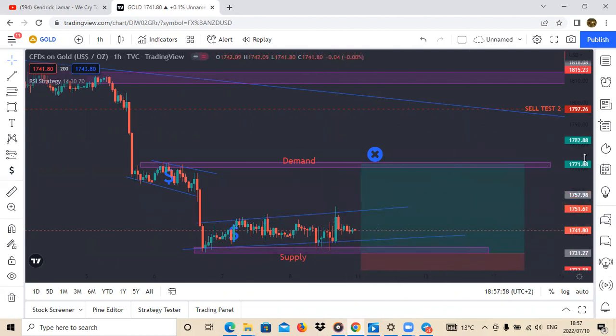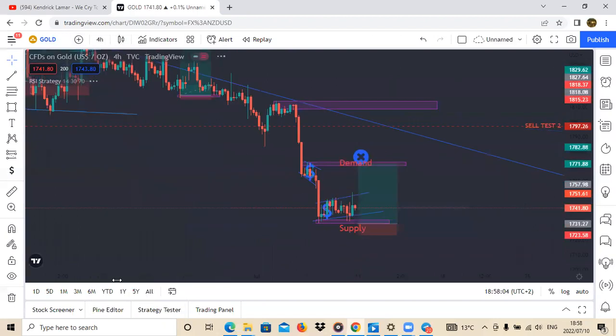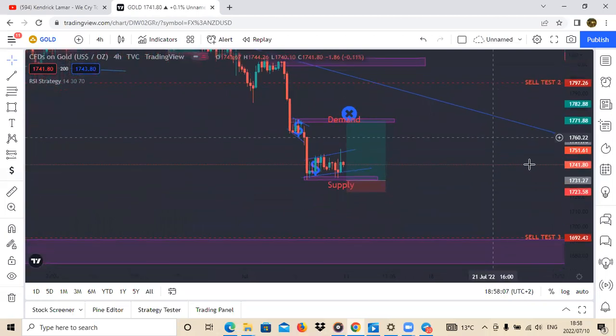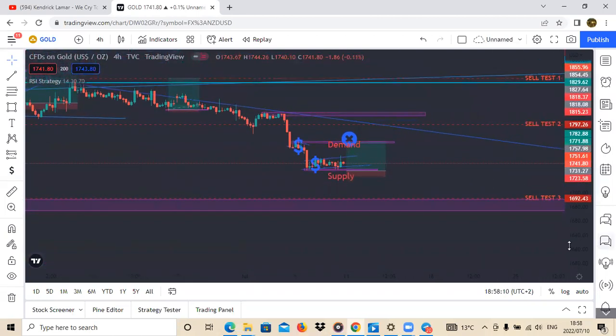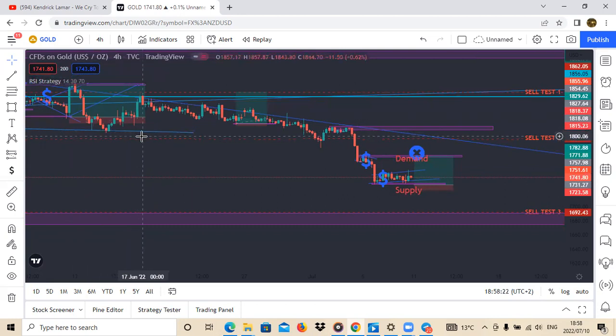So what I was saying is we're going to have to go to a bigger time frame. So basically, from this level 1 sell here, gold has been moving from the price in order to fill in this level here. Like I've said, this has been an analysis since late 2020. Sorry, Freddie, I'm saying this was an analysis which was created